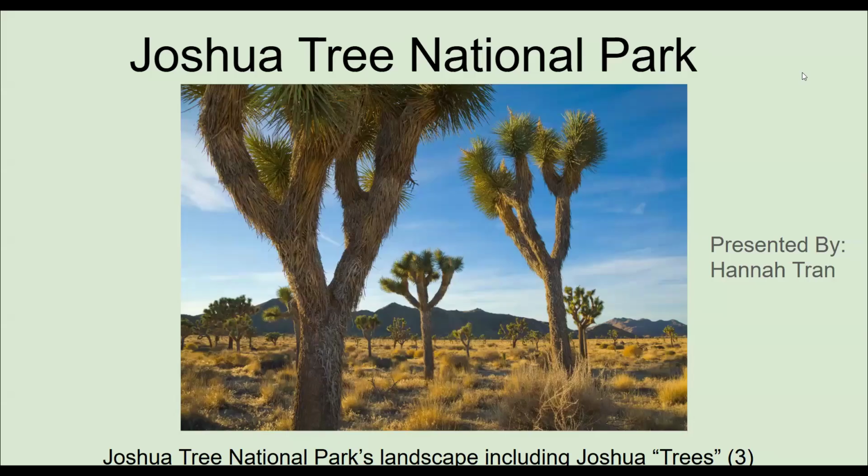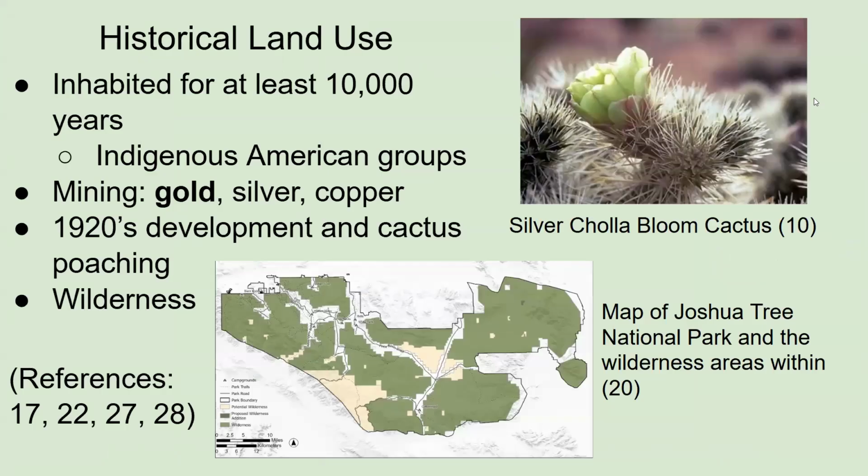The landscape of Joshua Tree National Park featured in this photo is characterized by unique rock formations, plants, and animals in a dry, arid environment where the Mojave and Colorado deserts meet in Southern California. The area has been inhabited by humans for at least 10,000 years. Late 1920s development of new roads in the area brought developers, gold miners, and poachers of cactus, such as the